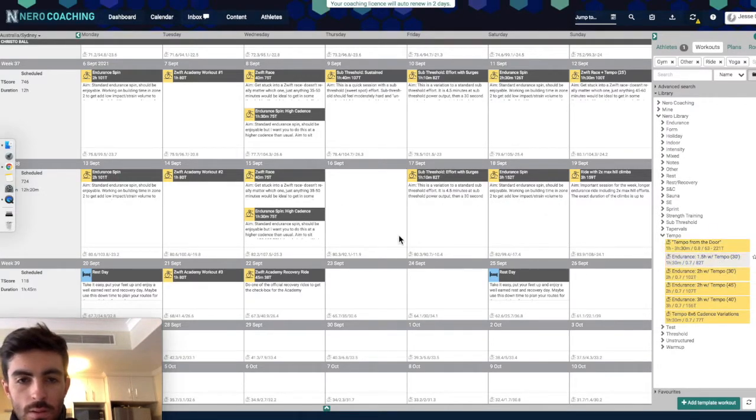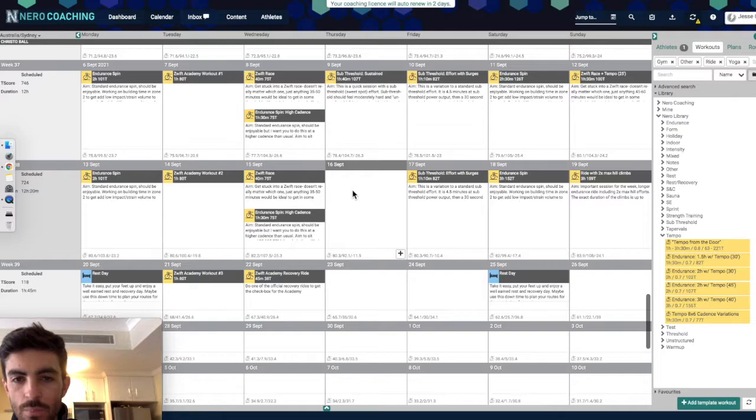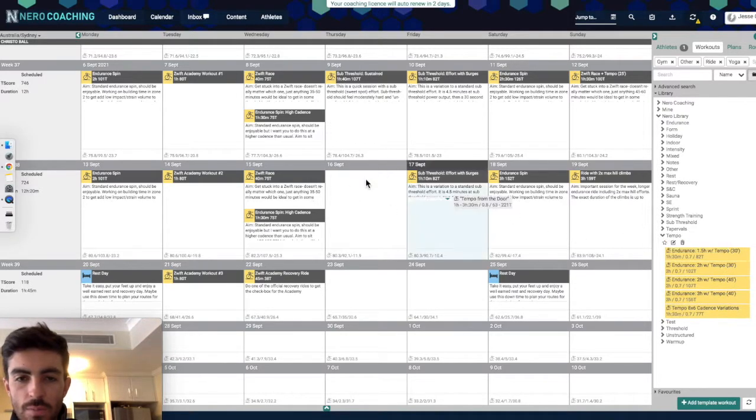Okay, so I've decided to give him a tempo session instead of an endurance session. I could easily put in an hour and a half endurance. That would get him up above the 13 hours. But I still think this week's going to be too easy with that. So I'll give a tempo session instead, straight tempo from the door, which will make this week,